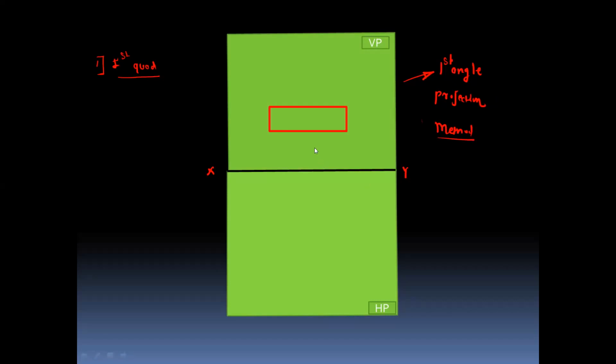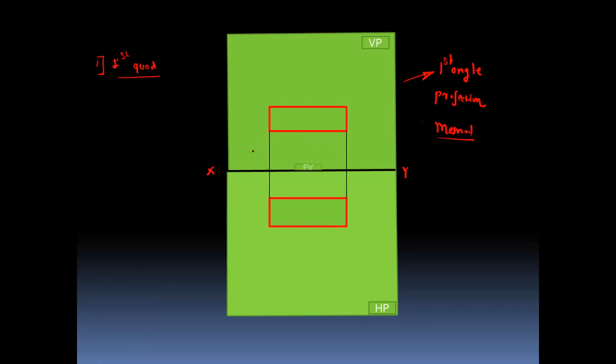Now you can draw the front view on the vertical plane. This is the front view, and just below the front view, you can extend the lines from the front view, and then you can complete the top view.